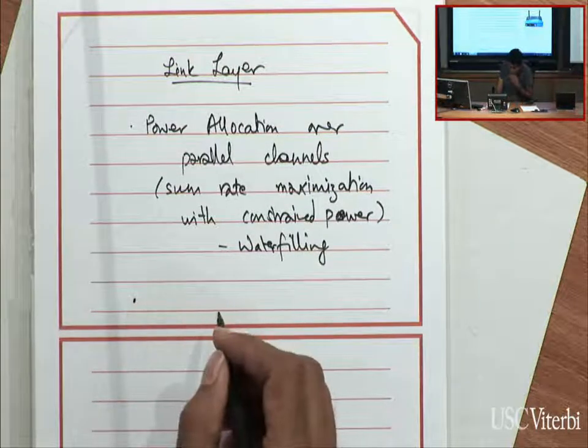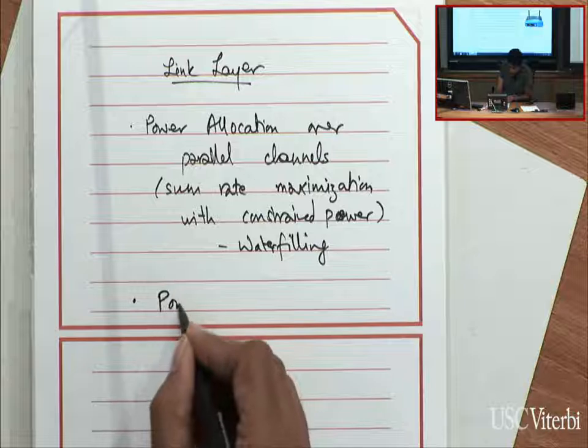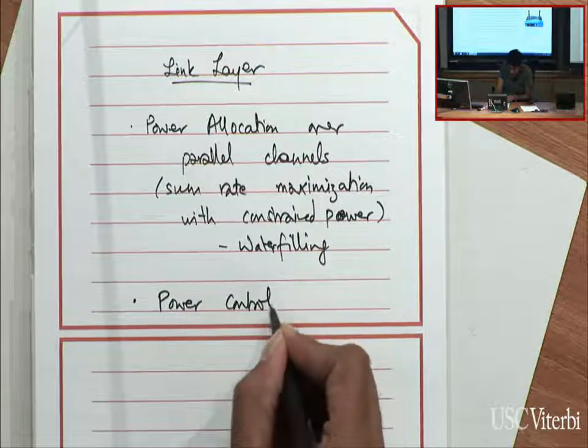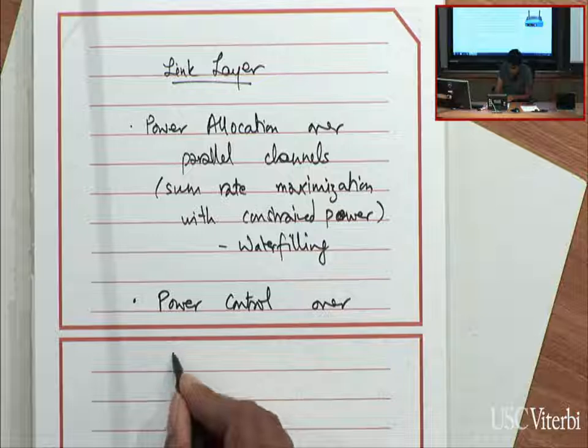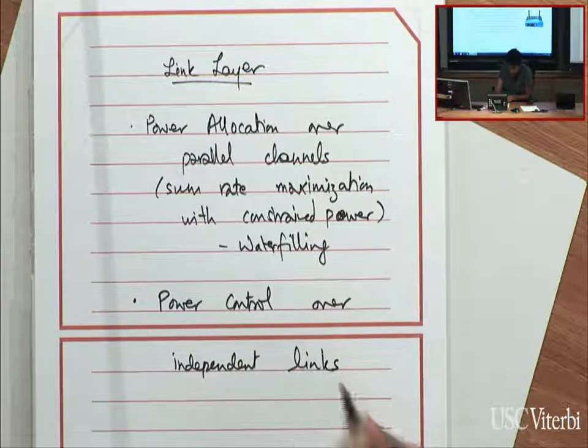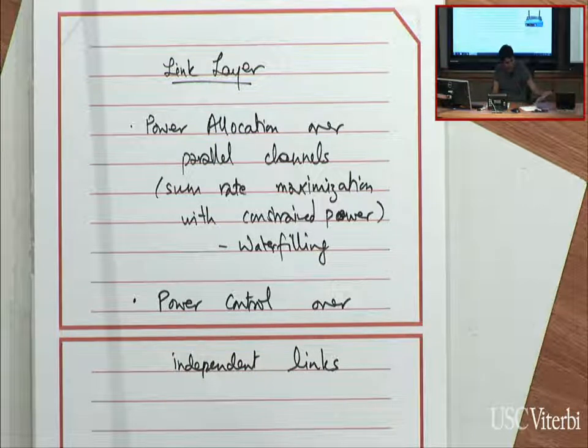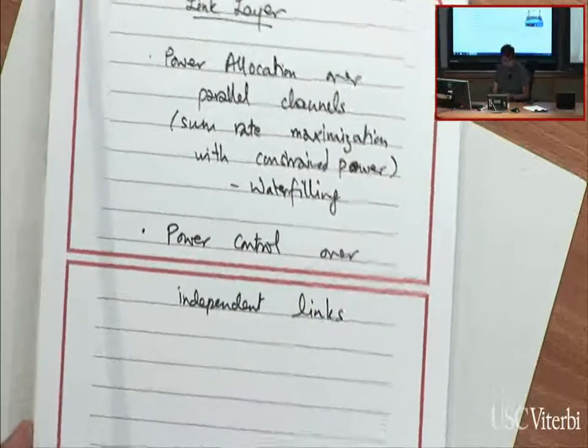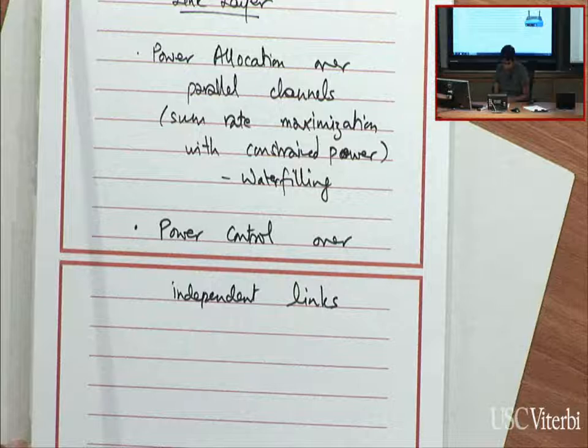So then we've looked at a problem of power control over independent links. And what I realized in looking back over the notes is that we covered the two-channel case and kind of left it at that. So I'm going to briefly go back to that problem and describe how do you generalize it to any number of links. And then we'll resume with the